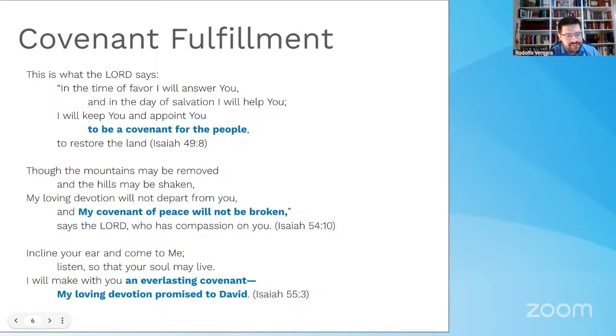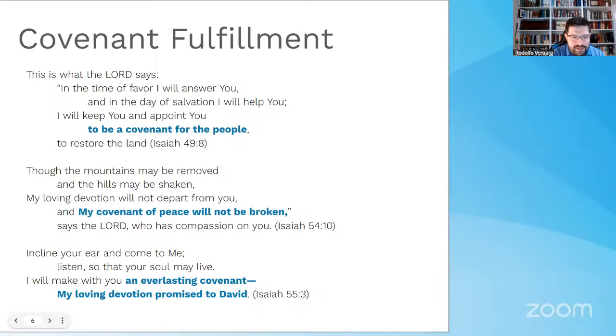And we see some of this happening with King Cyrus, when people return, but they were always looking at the Davidic covenant, because if you read where the Davidic covenant is in 2 Samuel chapter 7, the Lord said to David that eventually they're going to be planted in a place and move no more. So that's the ultimate fulfillment. So every time they have moved, that means the covenant has not been fulfilled in its fullness. So anyway, here are some references.